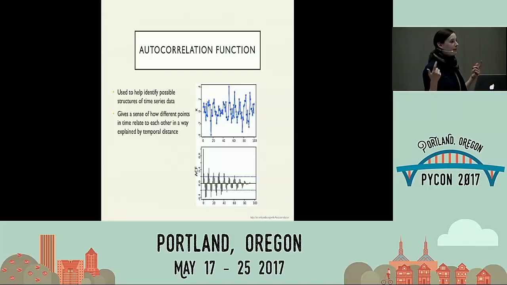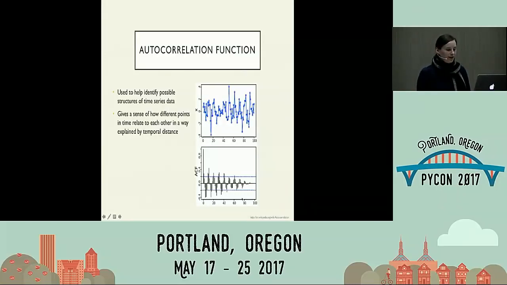If I've only got one observation, what's my uncertainty? I have no idea, right? I have no way of knowing what any sort of metric of what the variation in that autocorrelation is. I can't have any sort of confidence interval. So you want to pick some sensible limit to how far out you're looking, because the larger your lag you're looking at for your autocorrelation, the fewer data points you have. Okay, so this is just a great example of how you might have real order when you think you have chaos. That's the autocorrelation function.